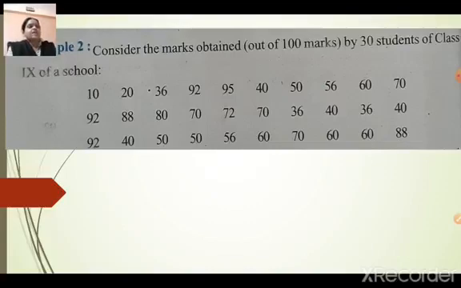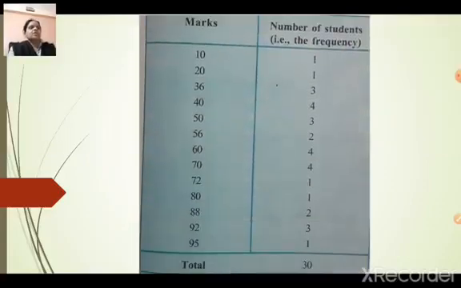So if I want to find how many students scored more than 20, how many students scored less than 30, more than 55, to find all these things using this simple raw data is very difficult. So in that case what we will do, we will write the given data in a tabular form. It is called an ungrouped frequency table. So let us see that. You can see over here I have made two tables.